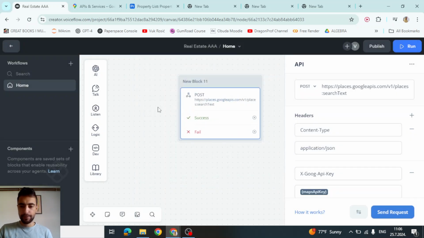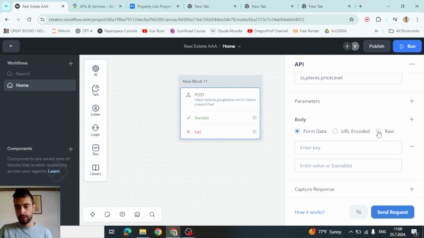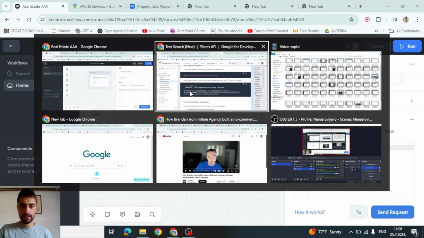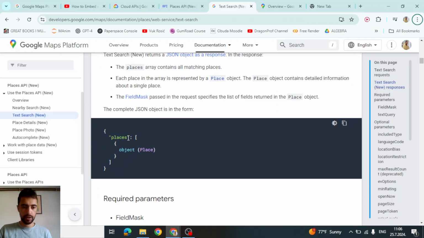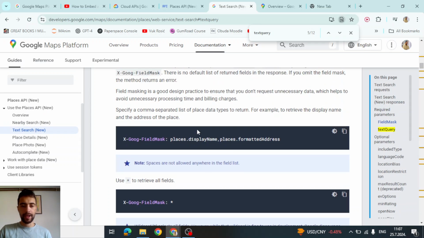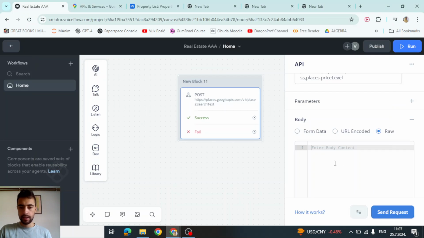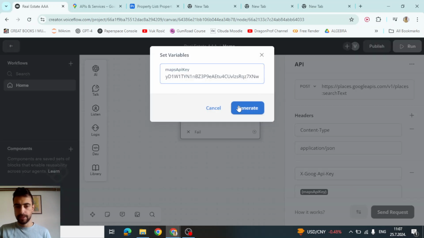Empty text query. Okay, yeah, I forgot. So we need to now go here to body. Open this body, and then go to raw. And let's go back here, scroll down to the documentation. Actually, no, go back up. Here where you have these headers, we need to copy these curly brackets. So everything in curly brackets for this. So let's go here, paste it like this. So you have curly brackets, text body like this. And then if I go here and send request,